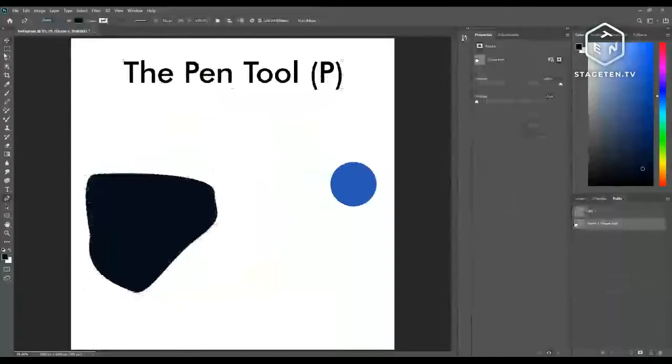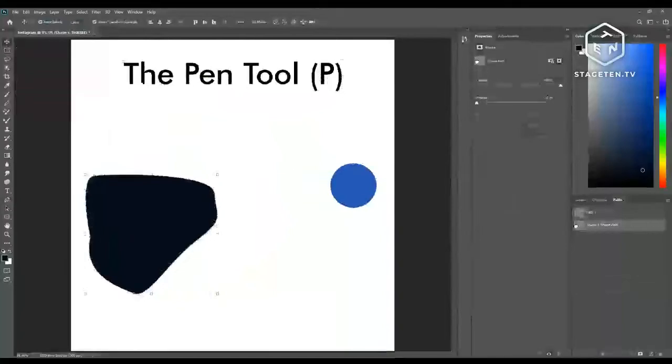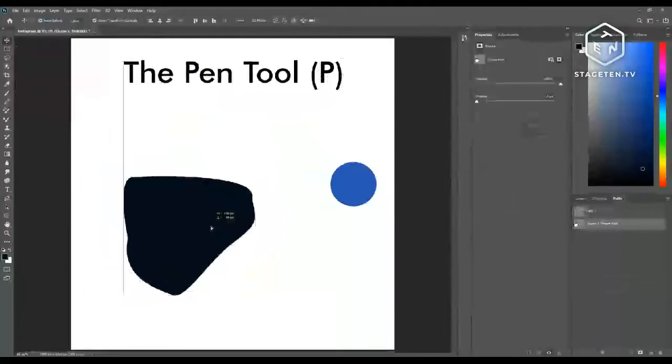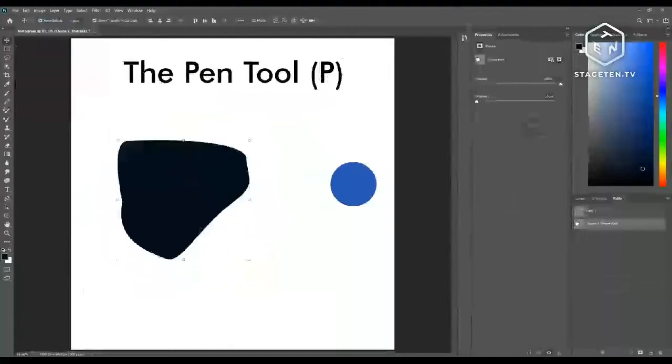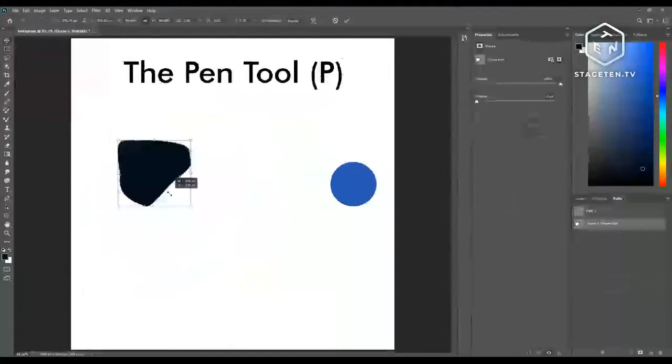So it's your option. If you want to select shape, you can select shape. If you want to select path, you can select path. What path will do is it will only create a path. It won't fill it, but what shape will do is it will keep filling it as and when you are drawing it simultaneously. Right? And now this is a shape, this is a vector. You can scale it as much as you want,